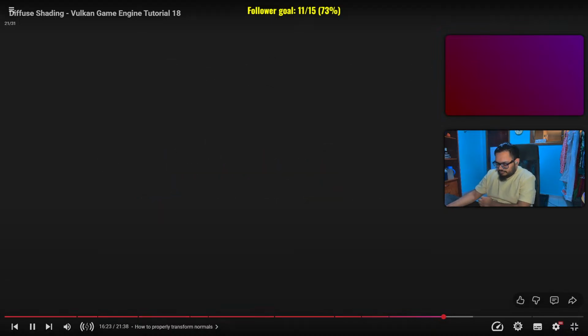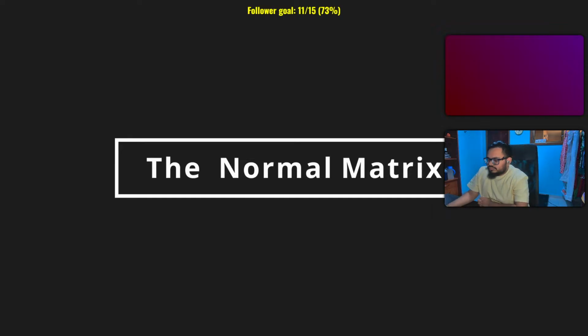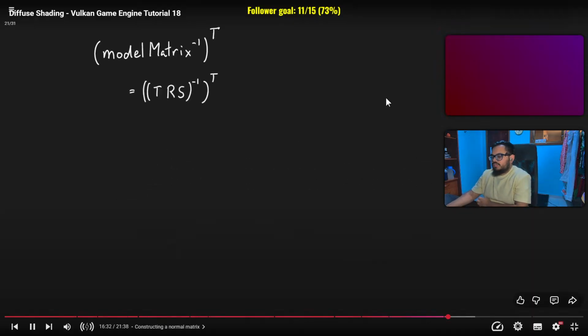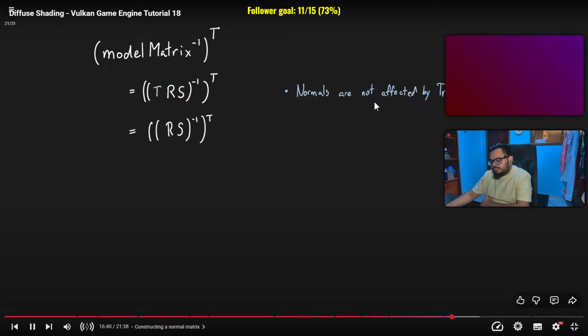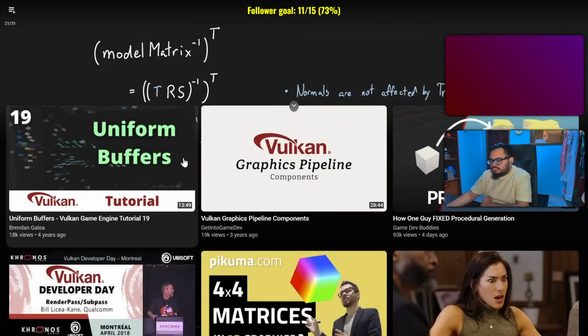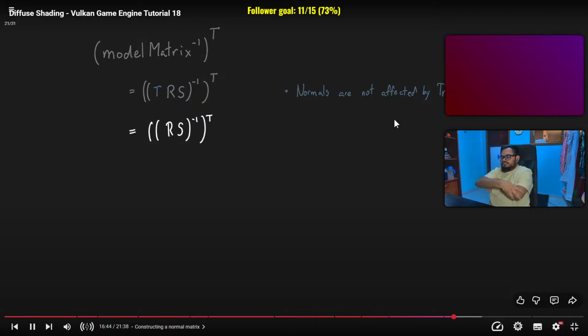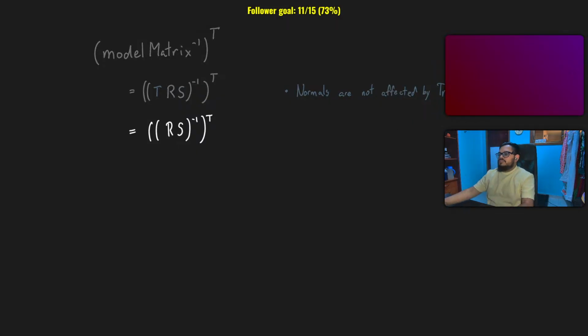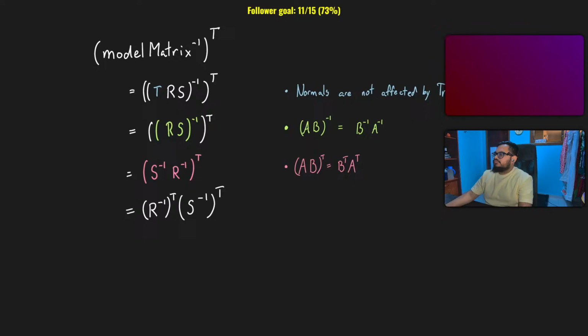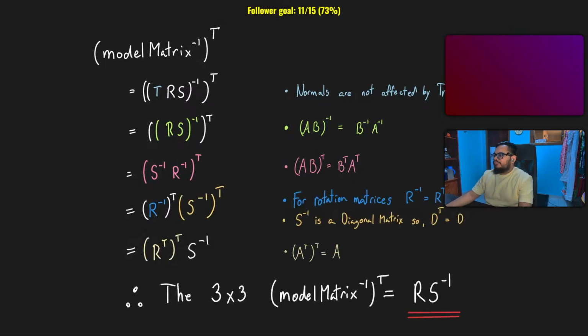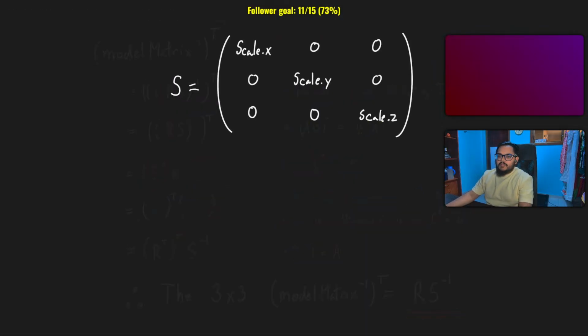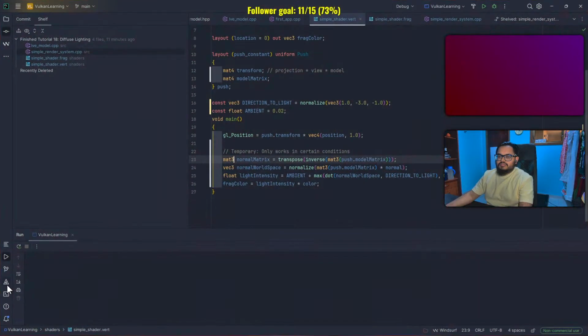Constructing the normal matrix directly is actually not very complicated, so we can avoid most of the computation costs associated with using an inverse function. First, the normal matrix will only be 3 by 3 and can ignore the translation component, since only position values are affected by translations. Therefore, the normal matrix is given by the inverse transpose of the rotation matrix times the scale matrix. Using a bit of linear algebra knowledge, we can rearrange this to get the normal matrix is equal to the rotation matrix times the inverse scale matrix. The inverse scale matrix just uses the reciprocal of the scale factors, so we can easily